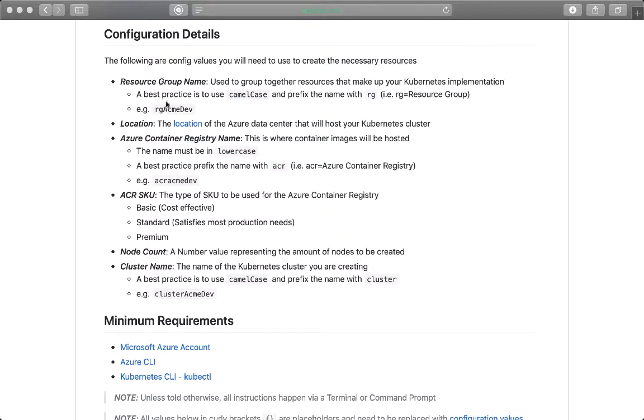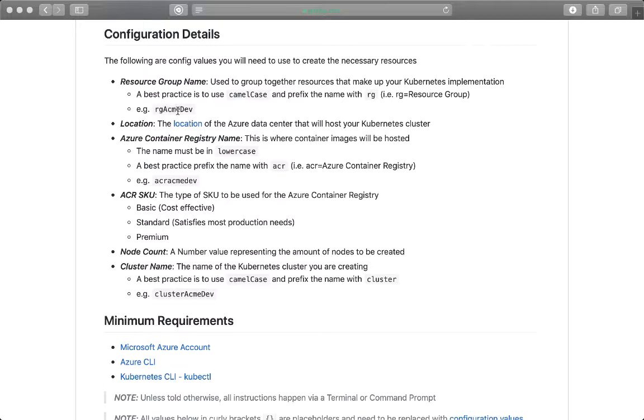So we need to make sure that we have a name for our resource group. A best practice on our side is we camel case the name and we prefix it with RG standing for resource group. So in the demonstration of this video, I'm going to be using RG Acme Dev as the resource group